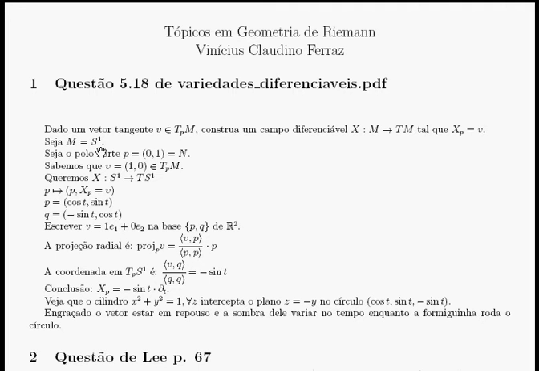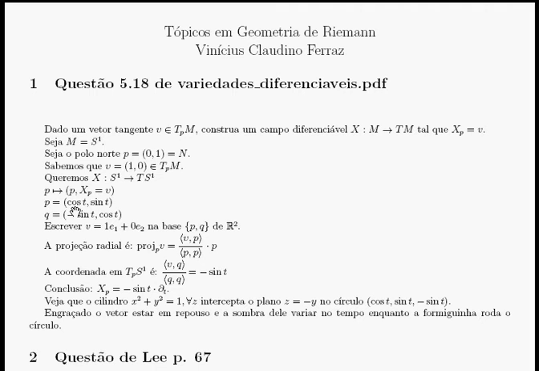Let M be S1, the circle of radius 1. Let the north pole P equal (0, 1), x equals 0, y equals 1. This is the north pole N. We know that v is equal to (1, 0) in T_pM. We want X from S1 to TS1 mapping p to X_p equal to v, where p is